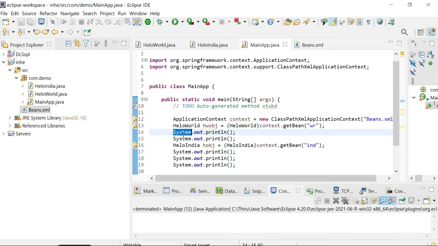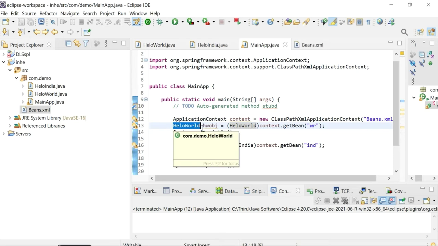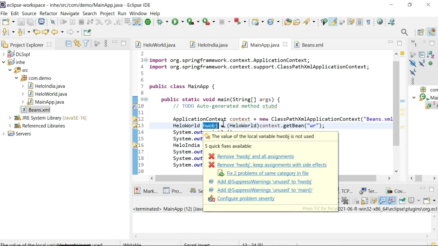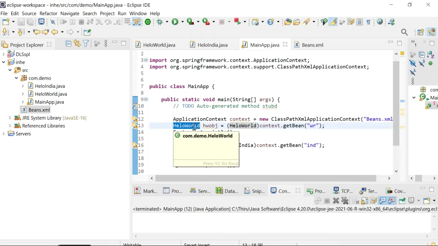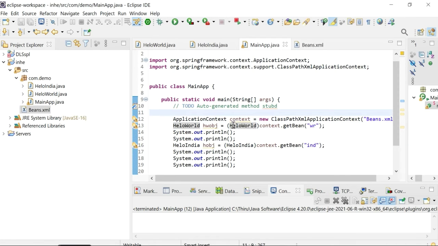Here you can see System.out.println. Within this we need to output the string variables which reside in the Hello World parent bean as well as the Hello India child bean. All right, so how do we do that? We have already created the Hello World object, hwobj, and we have also created the Hello India object, hobj. So now let's call the Hello World getter methods using the object